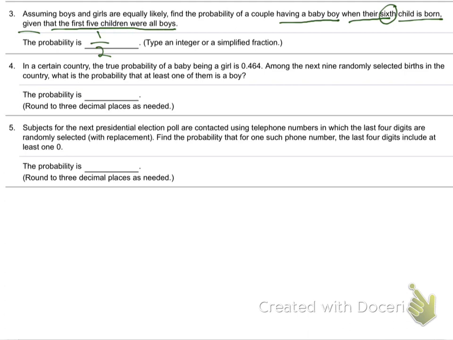It's either a boy or a girl. Right. So six children are either a boy or a girl, so it's 50-50. It doesn't matter. See how they're trying to trick you with all that backdrop of 5 boys in a row? Adding the extra. And you hear people talk that way all the time.